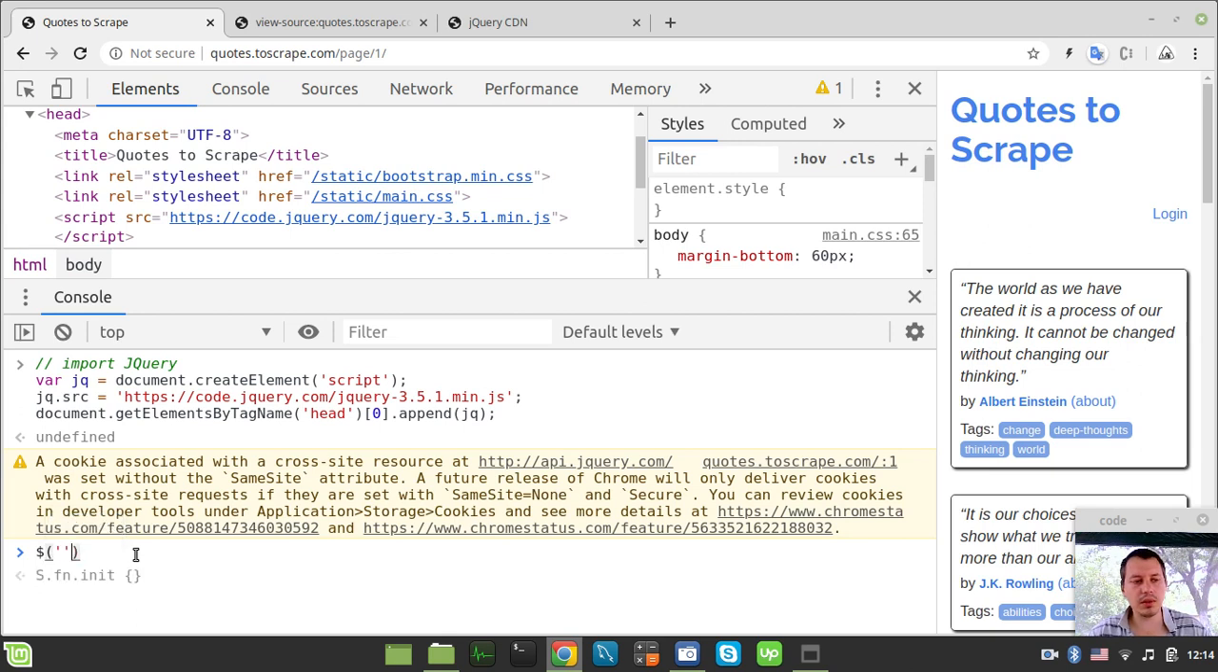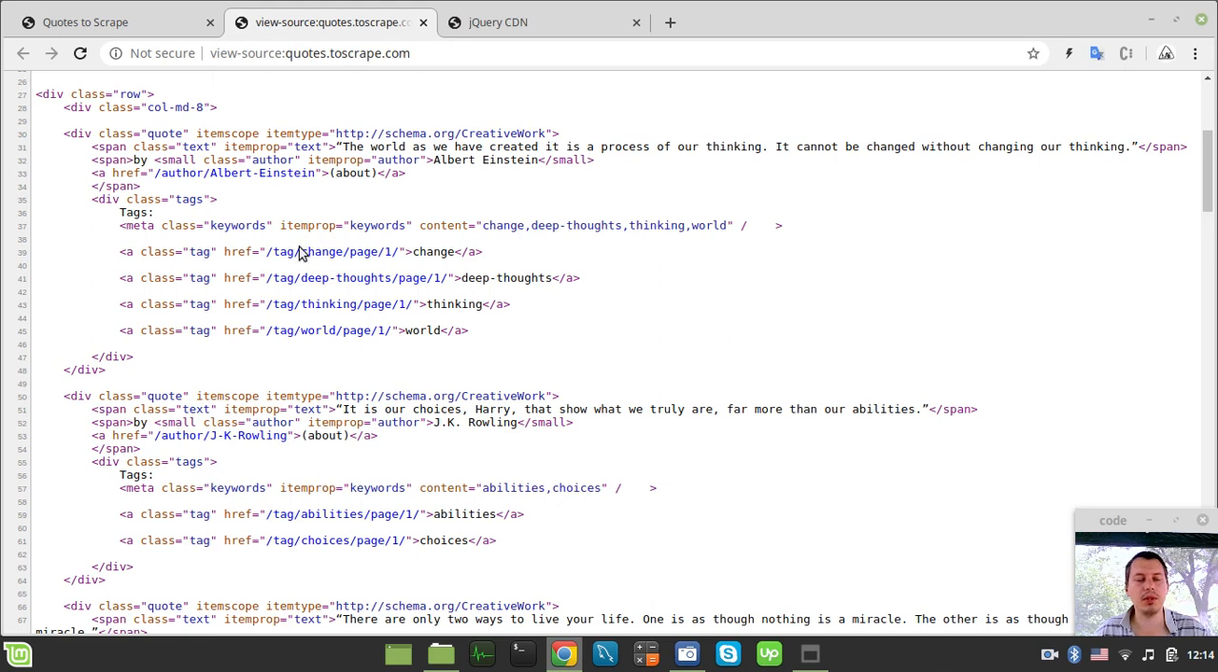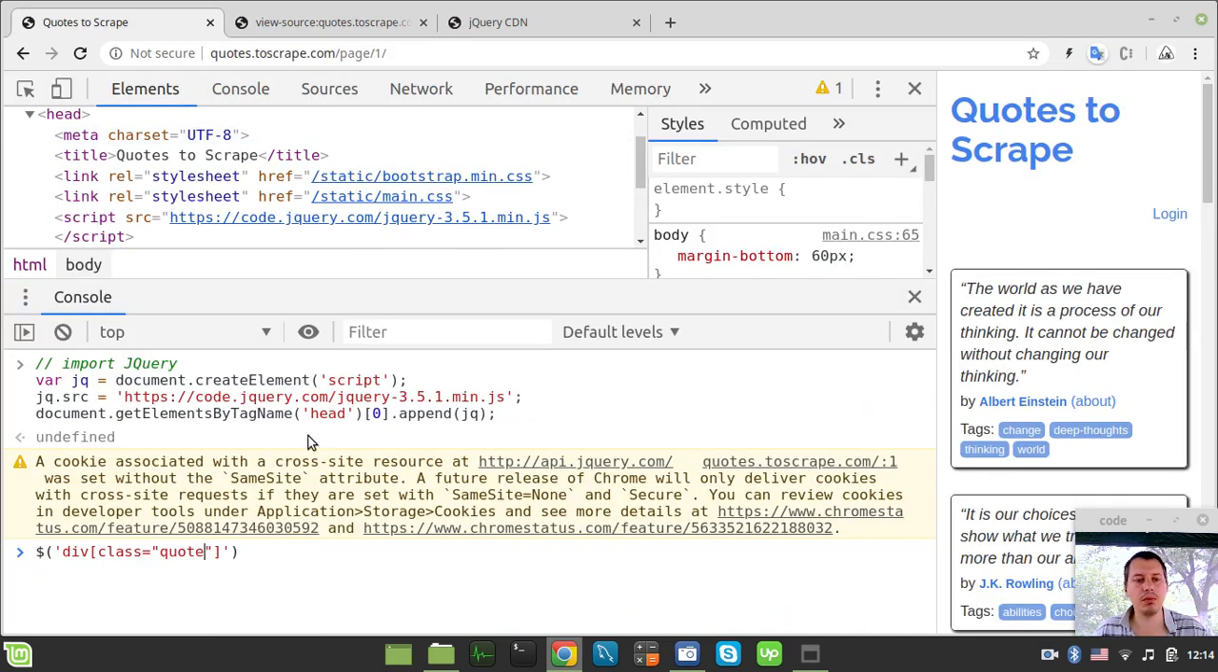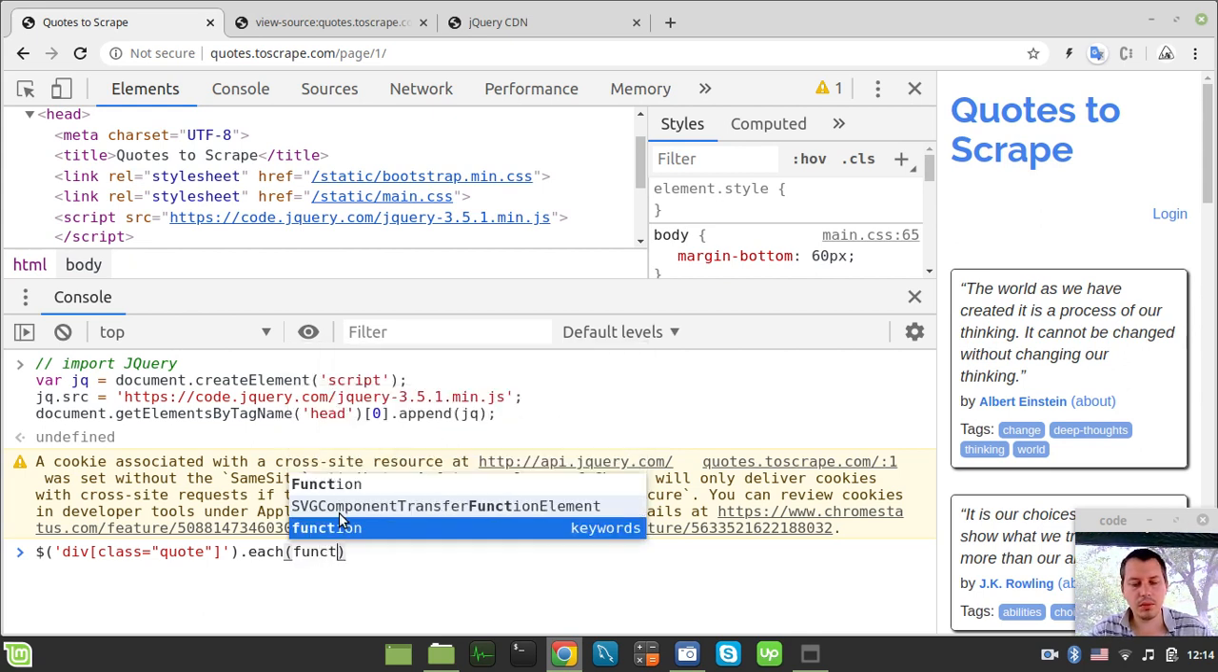Let's consider that we're looking for div tags with a class equal to quote, and I just know this because I've been scraping quotes to scrape so many times, and I've made so many tutorials on this. You see, this parent div is the one we're looking for, and then for every div in particular, I want to apply the each method, which is a high-level jQuery iterator, quite interesting. So function,